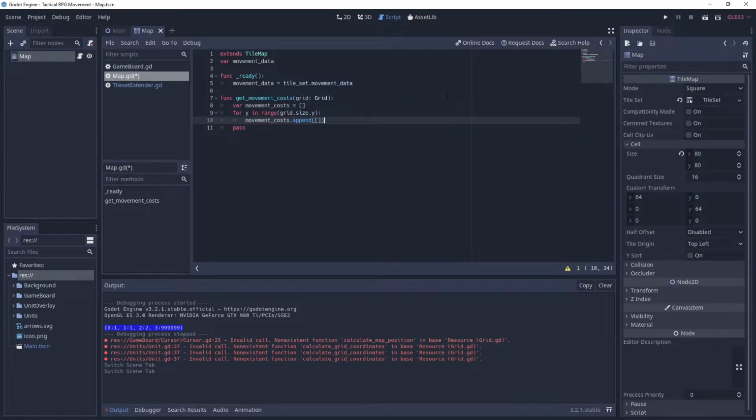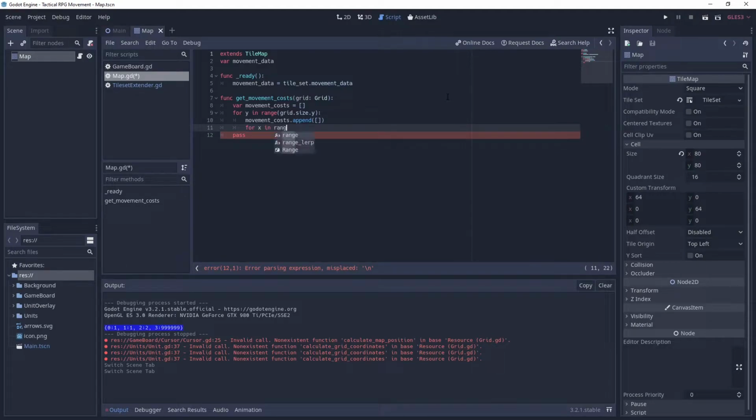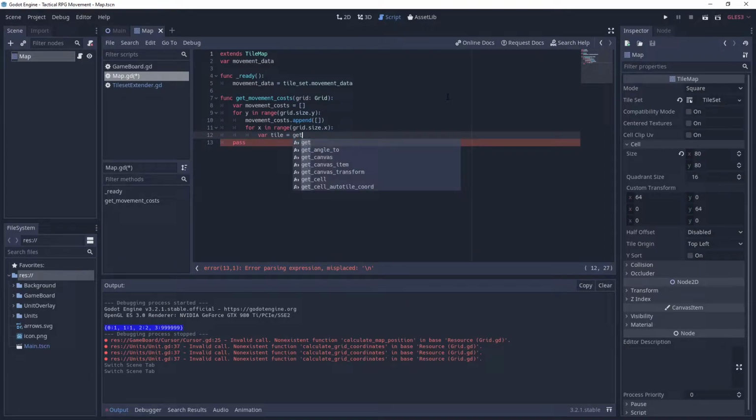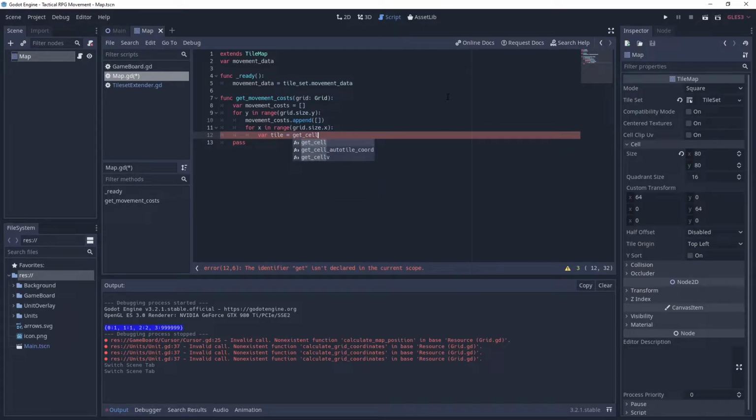A new array, and then for the width of each row, we're going to append the movement cost of that tile. So for x in range grid.size.x, we first need to actually get the tile. So var tile equals, and since we're extending the tile map class here, we have a method called get_cell,